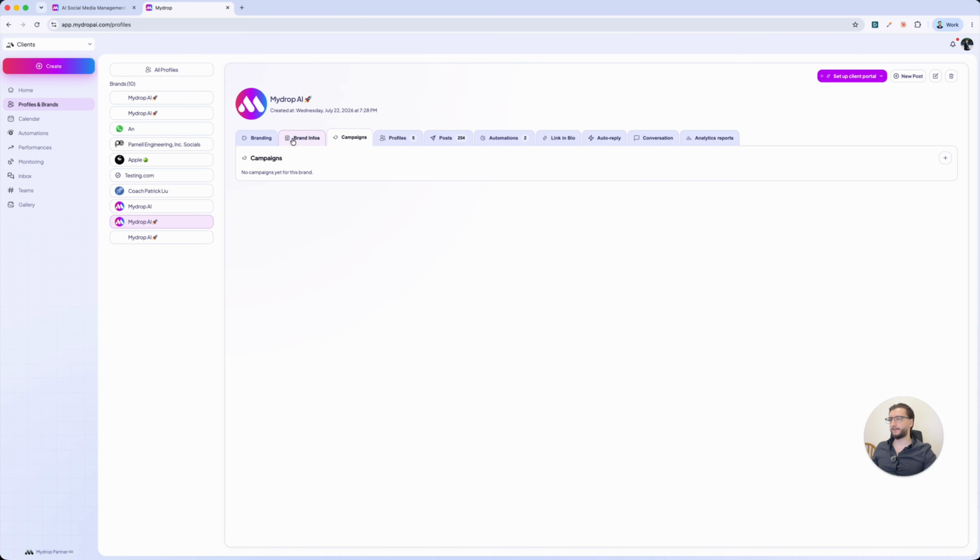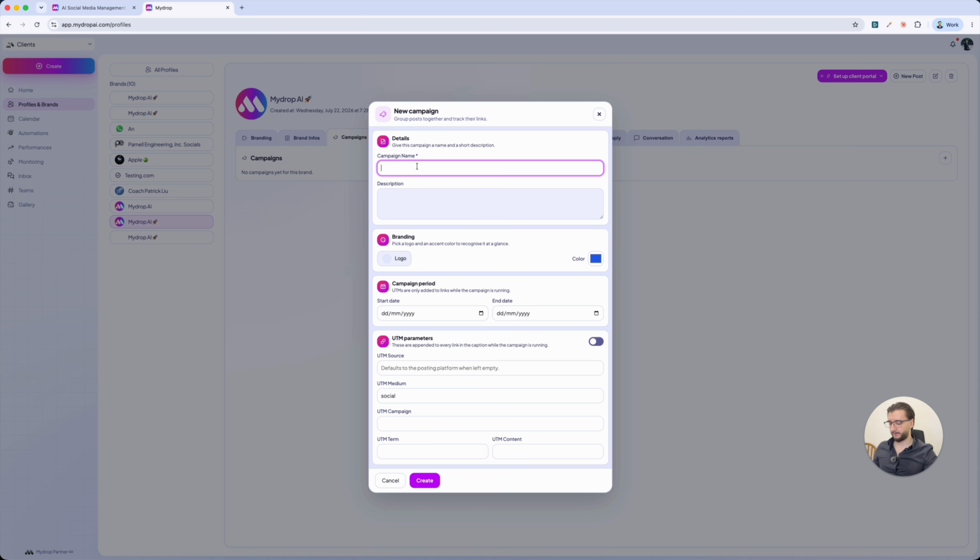So you have a few tabs here where you can see, for example, the campaigns. So let's see how we can create campaigns. So let's do it like this. For example, if you have a product launch that you are doing, just give it this name, you can add a description. You can give it a branding, start date, for example, today until next week, and give it your